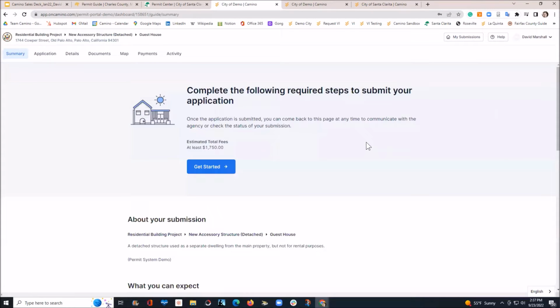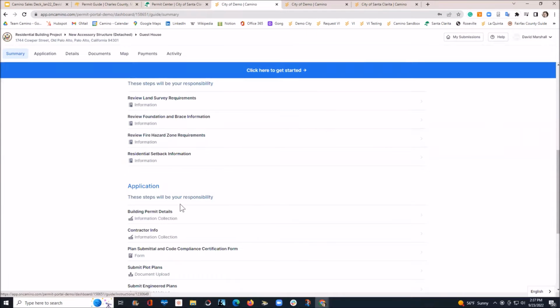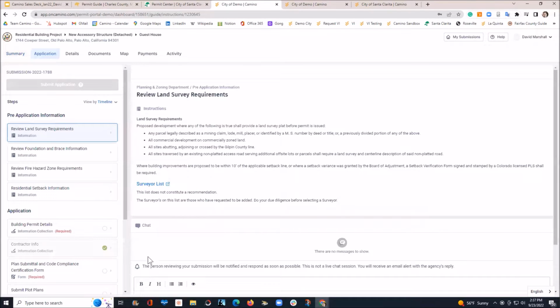And we have our guide. Initially, this guide can be used for informational purposes only. They now know the fees they're going to expect if they do apply for the permit, and they know the other information of the application, even a breakdown of the fees here. But if we want, we can come into the guide itself and review it. Now, let's say we're a couple weeks, a couple months away from applying, but we can take a look at this and see,